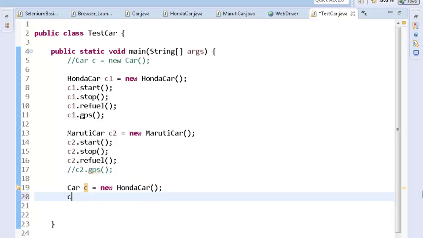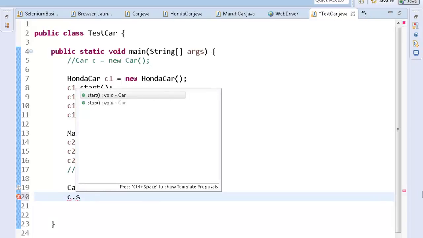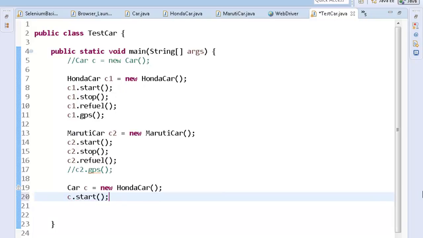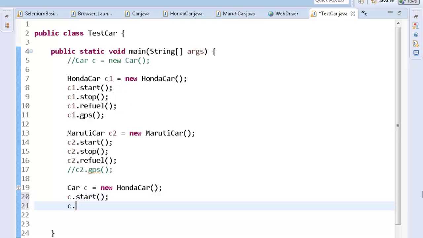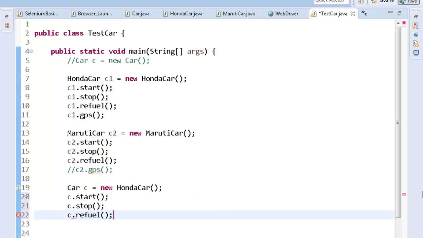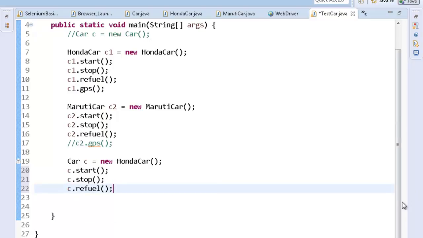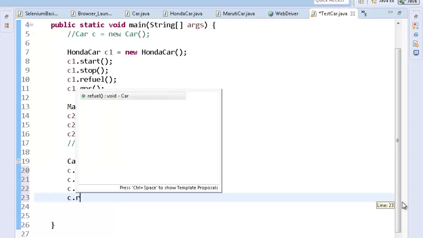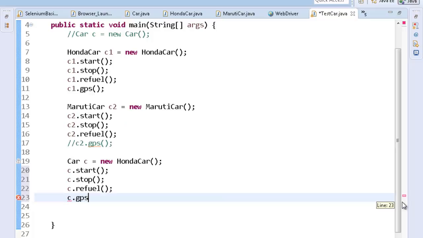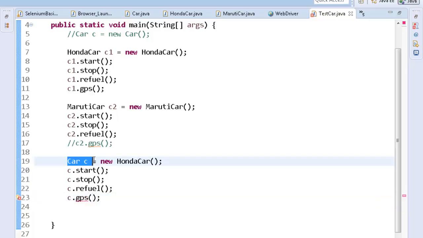So if I write over here C dot start, I can do that. I can write C dot stop. I can write C dot refuel. You'll come to know how it is different from the above one. But if I write C dot GPS, I'll get an error. If you create the object with the interface reference, then you cannot call the functions which are proprietary to the class.